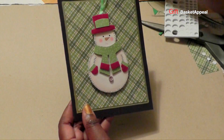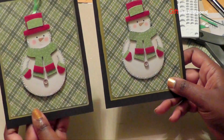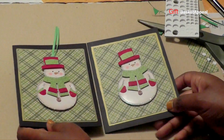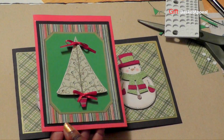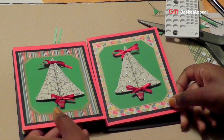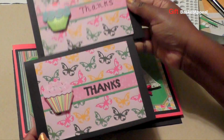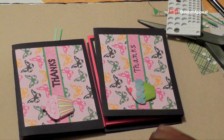And let me show you what the other one looks like. The other one, I took the ribbon off of it. And that's what it looks like. So you can make a ton of these. Here's another one I made that looks like that. Here are the other two. So much fun. I just want to show you a few more